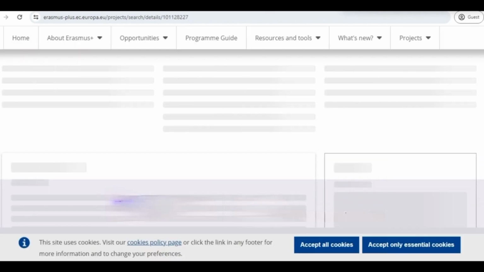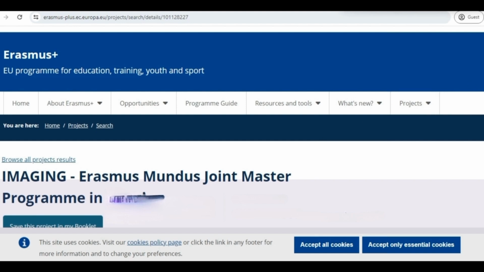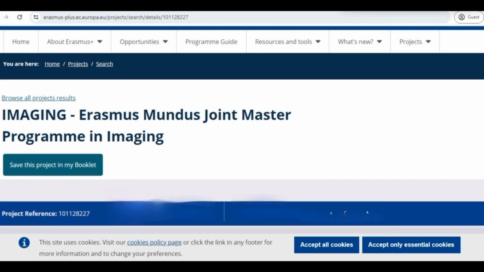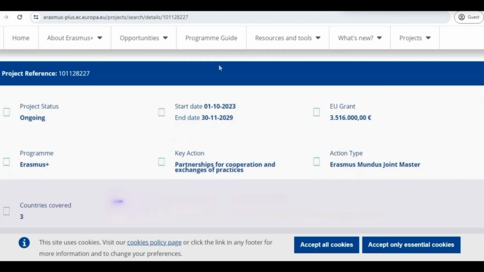And here I will let you know that before diving into the application procedure, first you need to make sure that it is really relevant to you, or do you have any interest in this program. So for that you need to consider 3 things on this page. The first thing is, first make sure that this program is still offering, like start date and end date. Second,